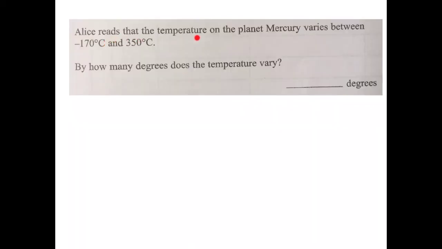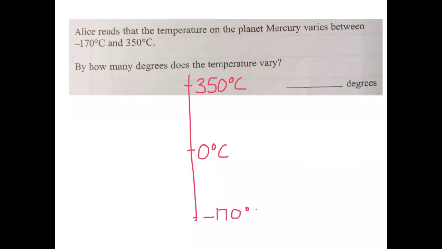Alice reads that the temperature on the planet Mercury varies between minus 170 degrees Celsius and 350 degrees Celsius. By how many degrees does the temperature vary? So we're looking to find the difference between these two numbers. Again, another quick thermometer. Obviously not going to be to scale, we're working with big numbers, but it can go from being 350 degrees Celsius, extremely hot, down to minus 170 degrees Celsius, extremely cold, and we want the difference